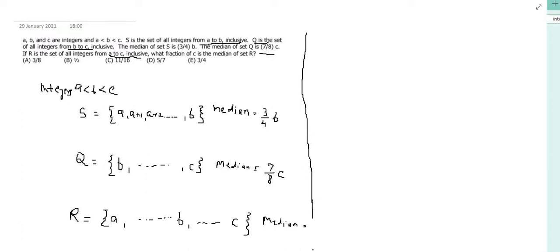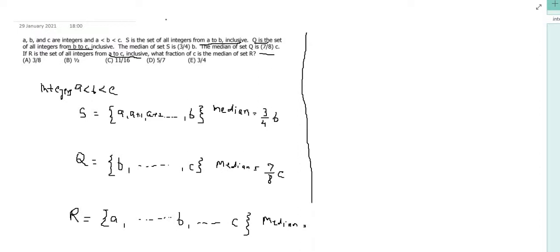Before solving this question, there are a couple of concepts that you should know. What is a median? Median is the middle term in a sorted list or set. If you arrange the numbers in a set in ascending or descending order, then the middle term will be the median. If you have an even number of terms, let's say 2, 3, 4, 5, these are the four numbers, then there are two middle terms, so in that case you take the average of these two numbers. So the average of 3 and 4 will be the median of this particular set.